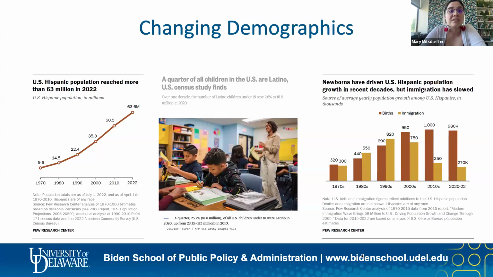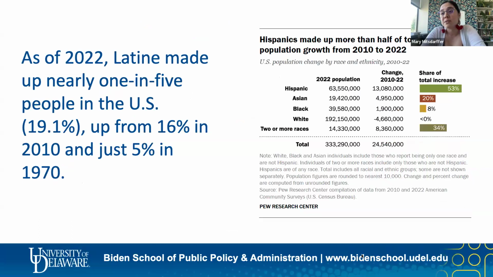So the population is young, it is growing. Nearly a quarter of all children in the US are Latino. And if you're in southern or southeastern states, it's roughly about 40% of kids, right? So it's important to think about our health, especially as Latinos make up about 20% of the United States population right now. And this is up from 16% in 2010 and projected to grow up to a quarter of the population by 2060. And so it's important to start getting health right.